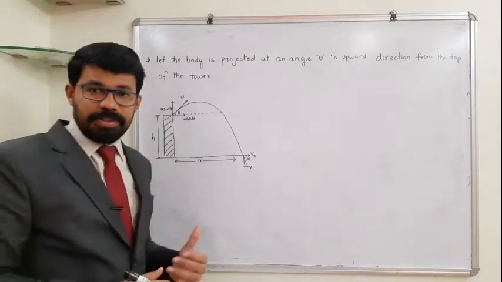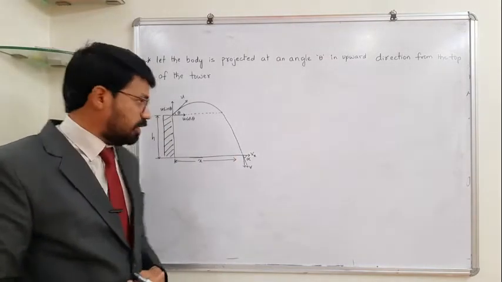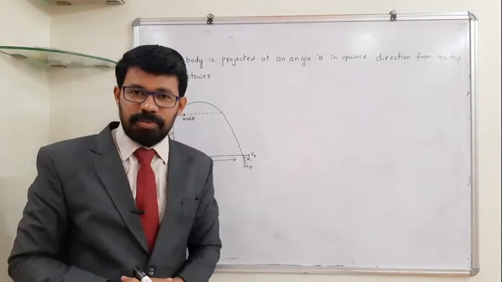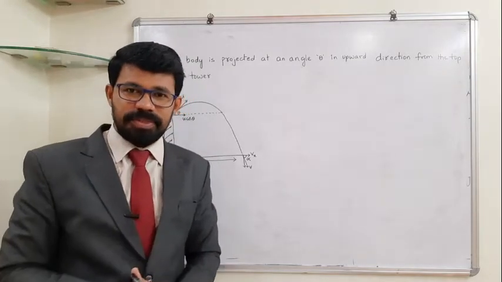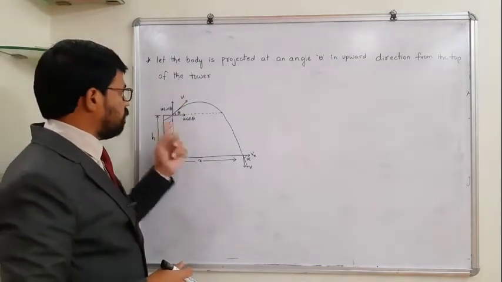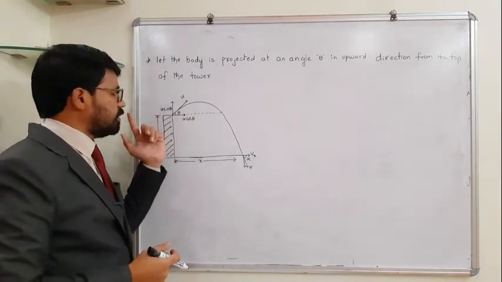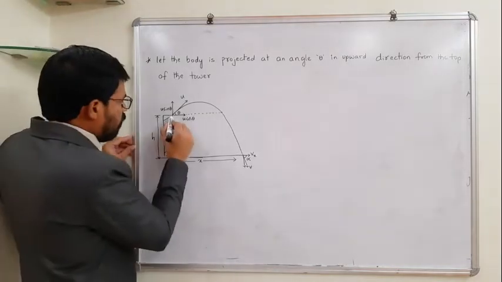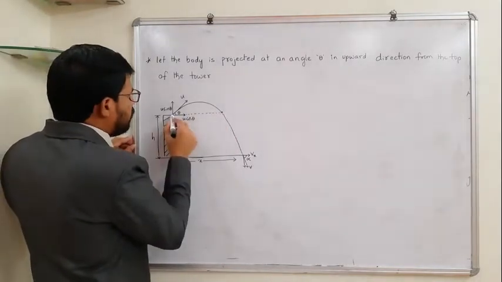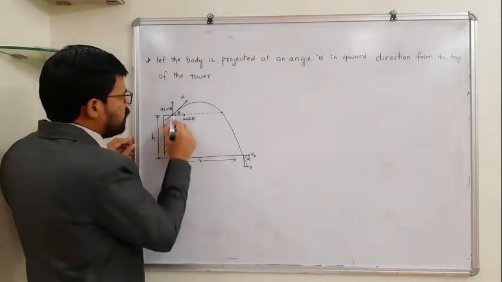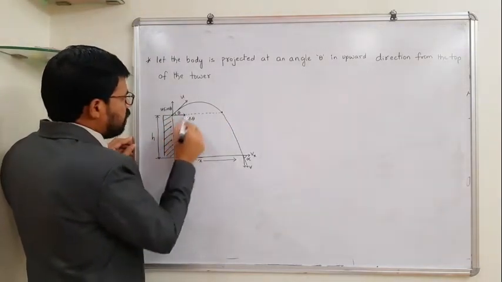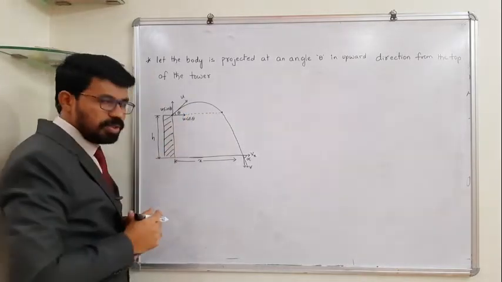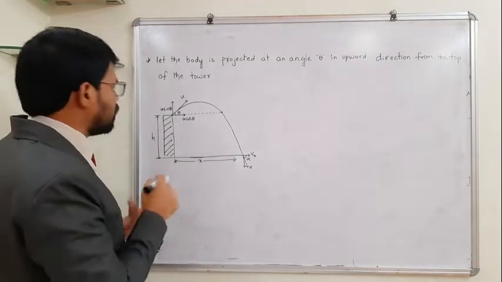Okay, so this is not a horizontal projectile motion, but it is projected from a certain height. Unlike usually in the case of oblique projectile, where we project it from the ground, isn't it? But now this is a kind of oblique projectile which is projected from the top of the tower, from a raised platform, isn't it? So from this point to this point, the whole scenario is known to us. Time of flight 2u sin theta by g, maximum range u square sin 2 theta by g. Here corresponding to this particular curve, this particular distance is equal to u square sin square theta by 2g. These details are known to us.